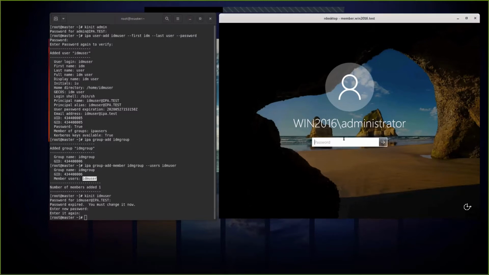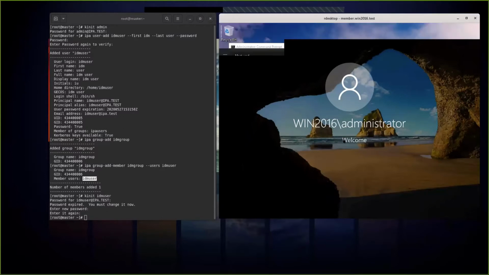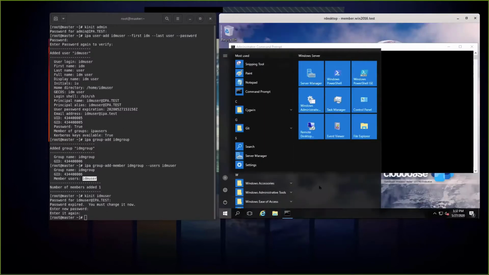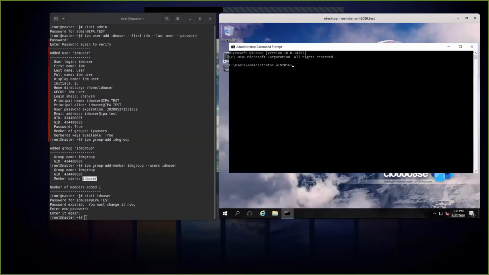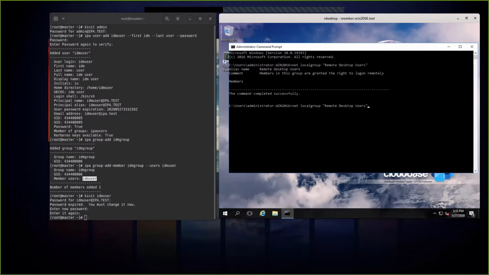So now on my Windows machine, I need to perform a few steps in order to be able to connect to my Windows machine because I will use RDesktop. If I have a quick look at the list of remote desktop users, I can see that currently no one is allowed to use RDesktop to connect to my machine.